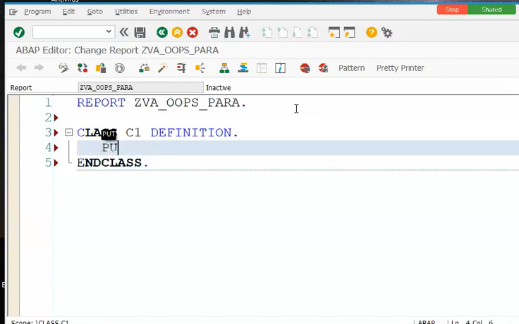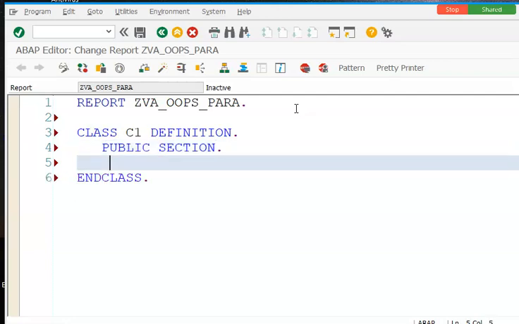So we have a public section, data. So we'll also look at the private section as well. So we can go ahead with the methods. Say something like, so we have importing some value like input 1,